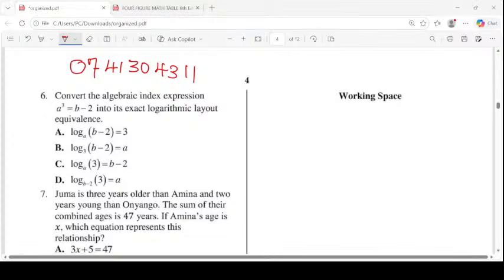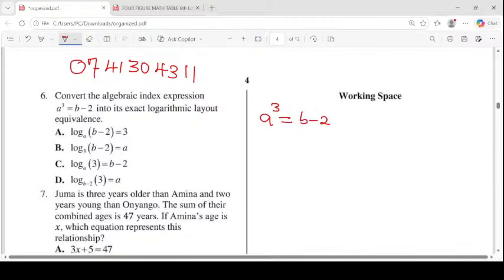Let us dive deep into the question. Convert the index expression a cubed is equal to b minus 2 into its exact logarithmic equivalence. So when I have a cubed being equivalent to b minus 2,